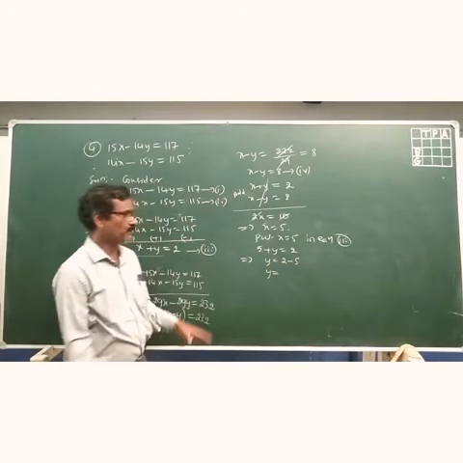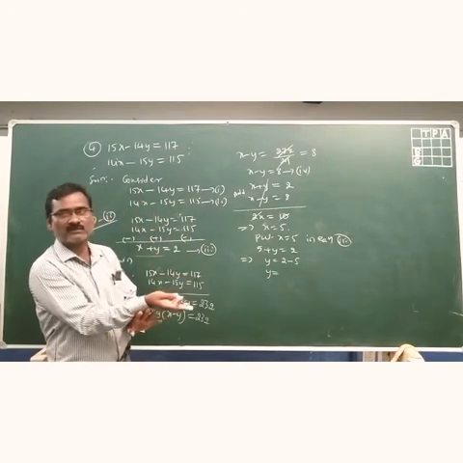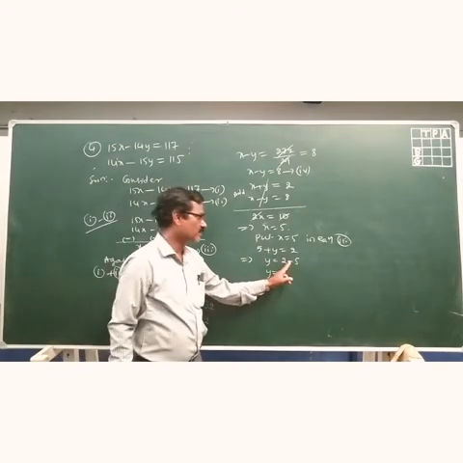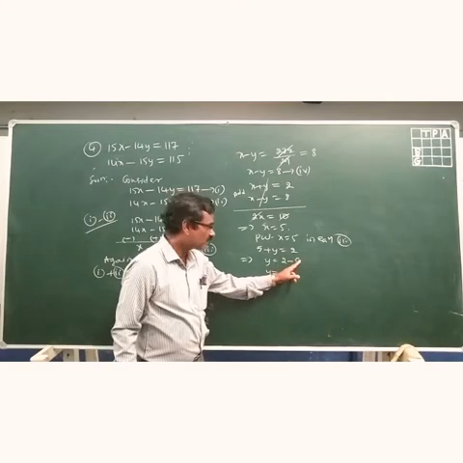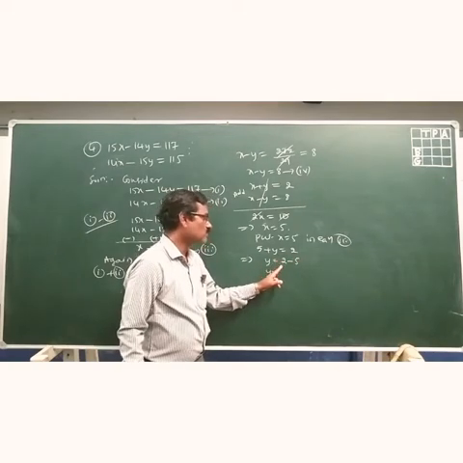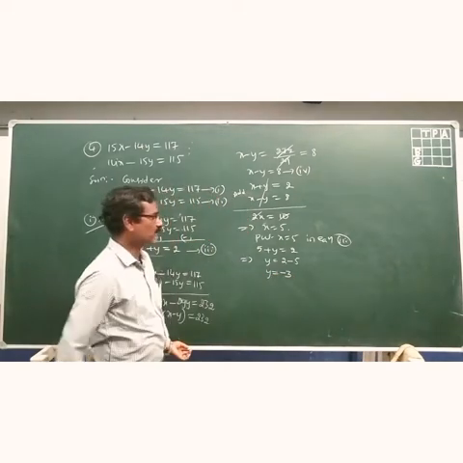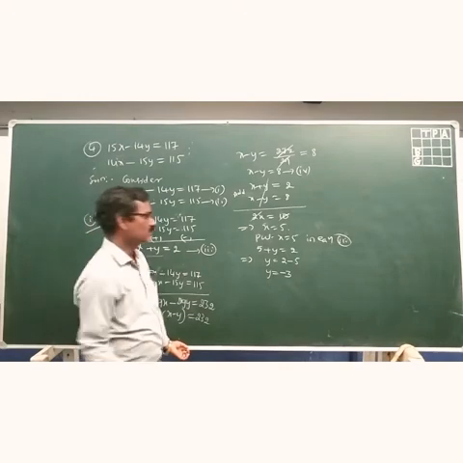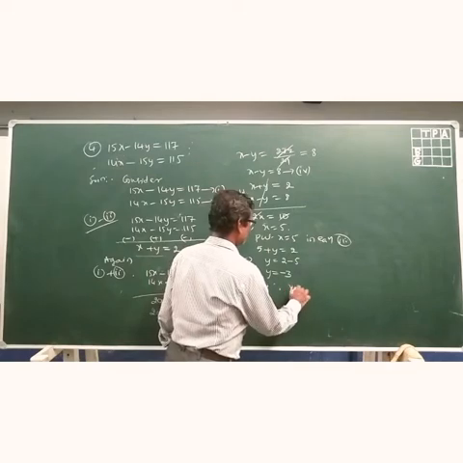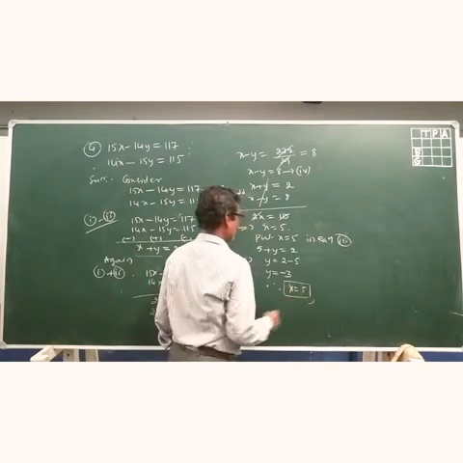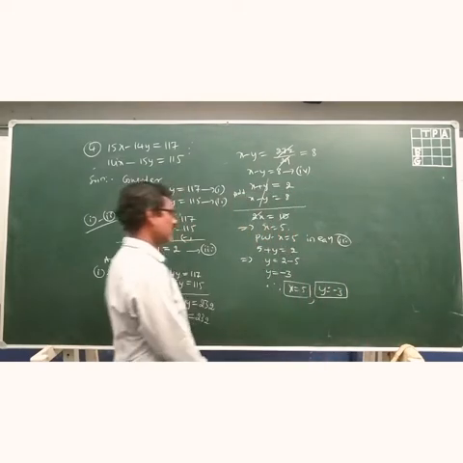This is very important. You will do all the steps accurately, but changing and keeping the sign is very important here. As there is a bigger number, there is negligence of the sign. Here 5 is the bigger number and 2 is the smaller, so you should keep the minus 3. If you keep plus 3, you are losing the marks. So both the values, x is equal to 5 and y is equal to minus 3, are the required values for the two variable simultaneous equations.